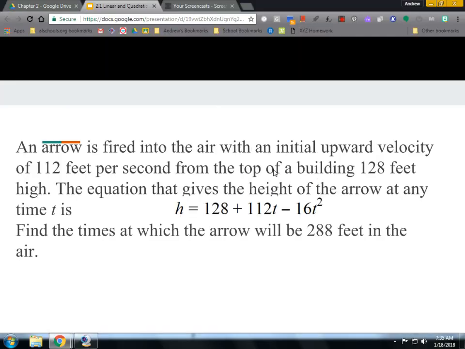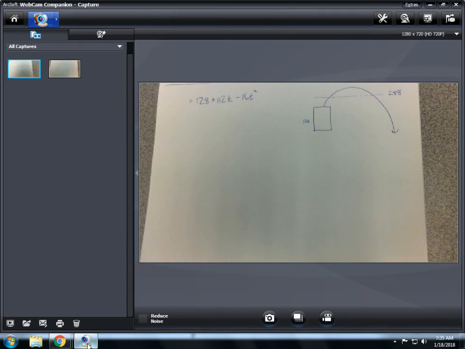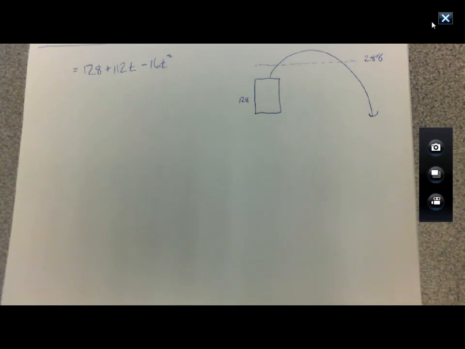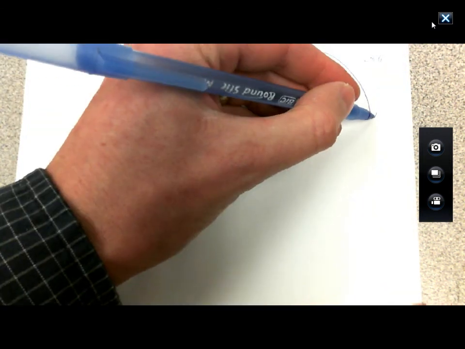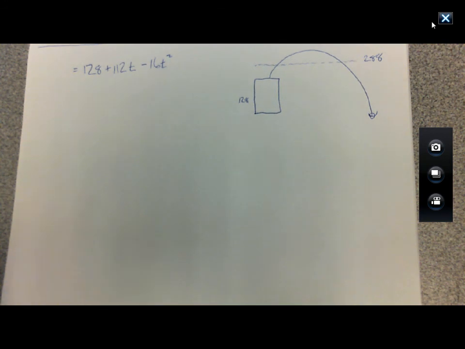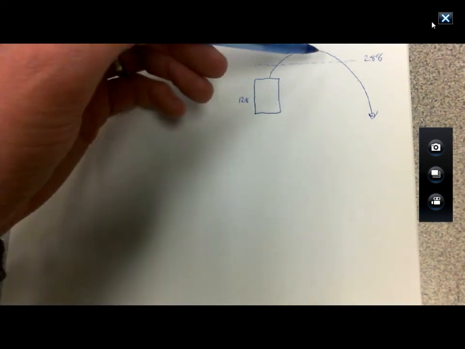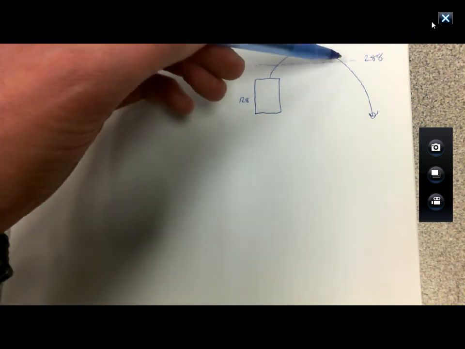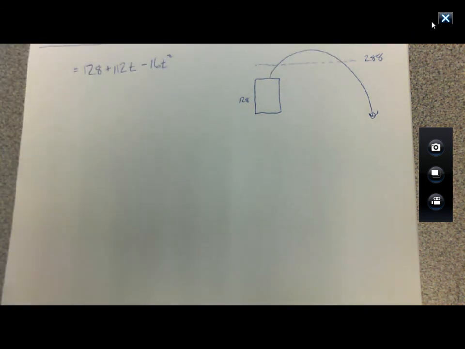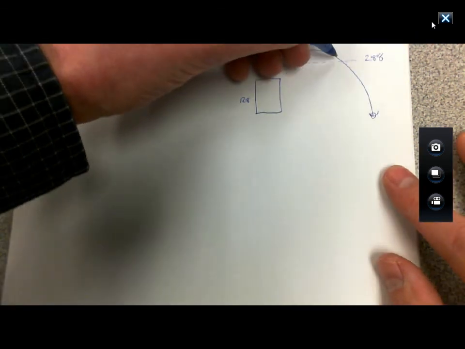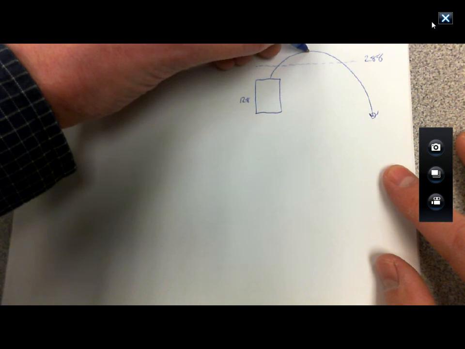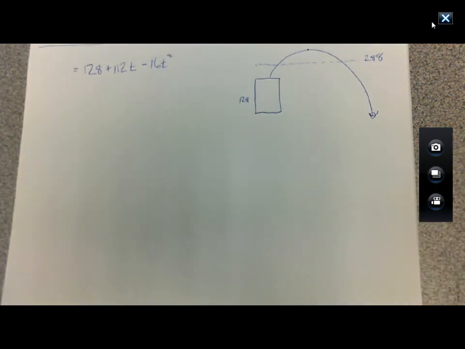So I'm going to move over to the document camera. Here it is. I've got my pretty picture here. So here's the idea, the concept. I've got an arrow. I'm shooting it off of a building. I'm hoping nobody's below. I don't want to know when it hits the ground. That would be 0. That I don't care about. I want to know when is it going to be 288 feet in the air. And I'm assuming it crosses that 288-foot threshold twice. It goes above 288 and then comes back below. I could be wrong. 288 could be exactly at the peak. It could be the maximum of that parabola, but we'll find out. I'm assuming that we're going to get